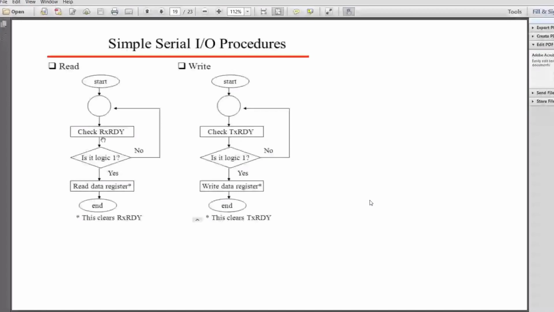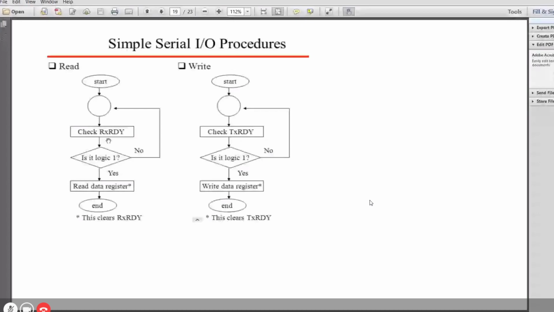If it is logic 1, that is, receiver ready is high, only then. Receiver ready is a status signal. It will be high whenever you have received data, that is, the buffer is ready with the data register filled with received data. That data register is read by the 8086 and that ends it. If receiver ready is not 1, it keeps on checking this condition, checking receiver ready, and it goes on.